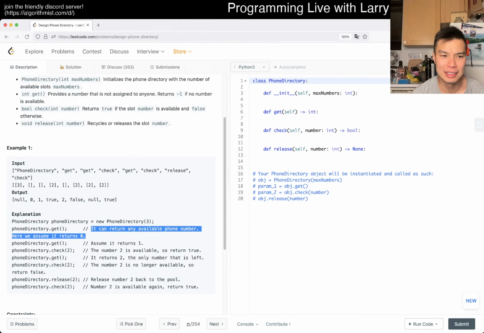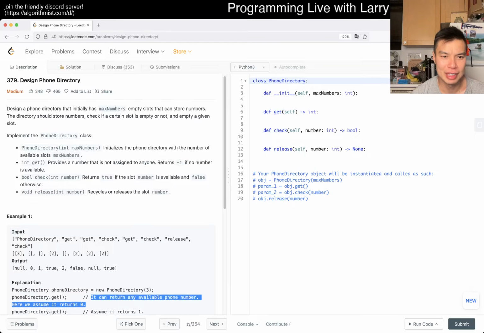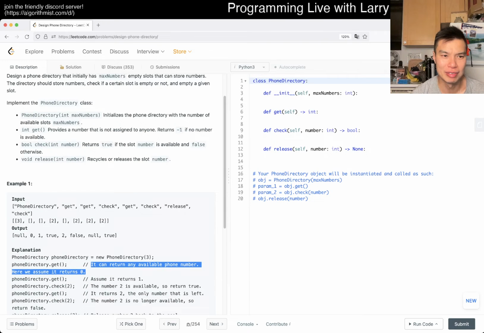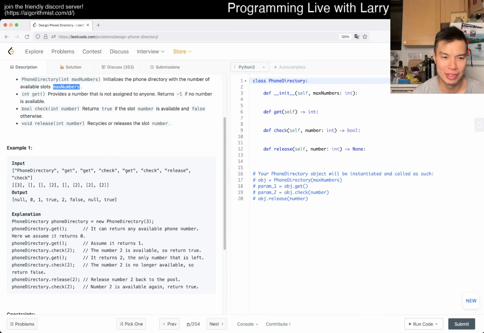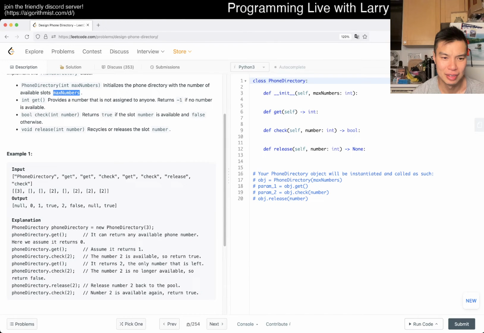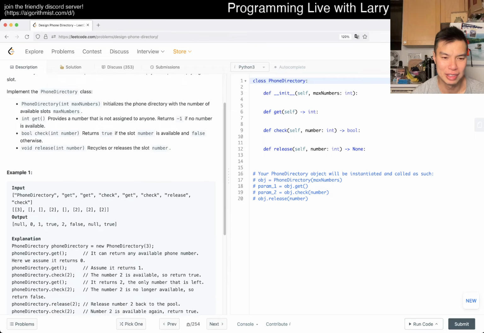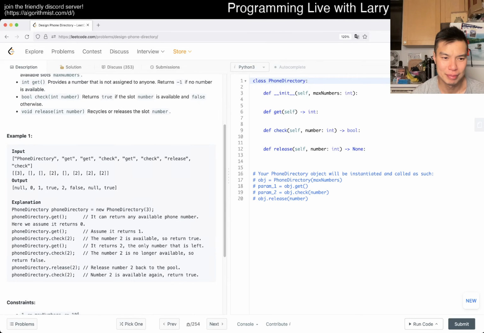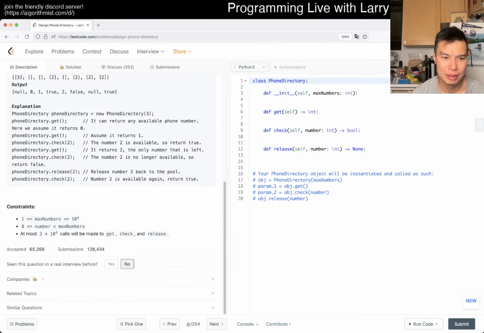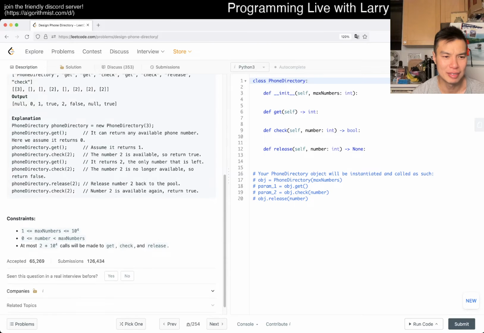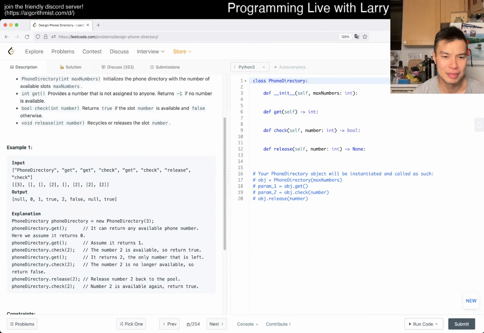Is it a number from 0 to max numbers, or is it just any number at all? I guess so, but from the example, it's actually not super clear. They could really clean this up a little bit. I mean, is this just like a boolean? I don't get it. Right? I mean, it's a boolean